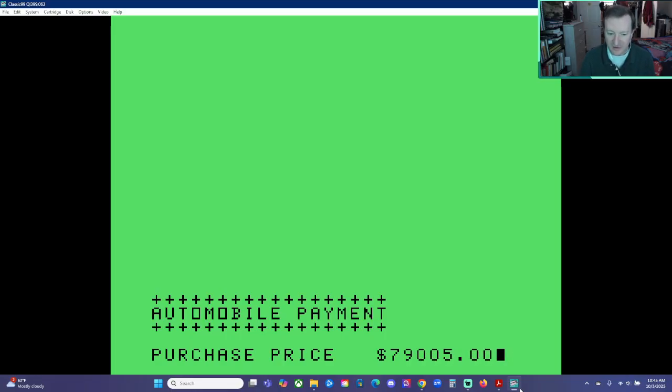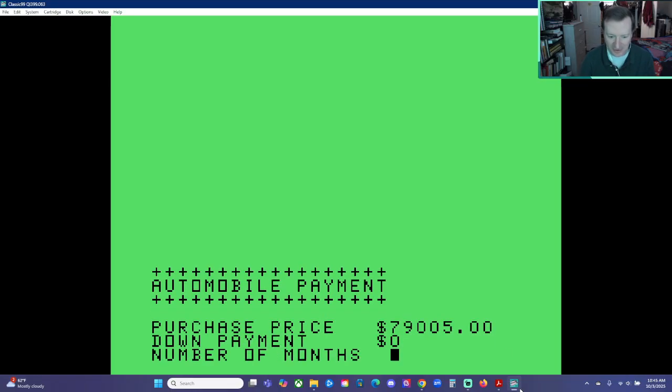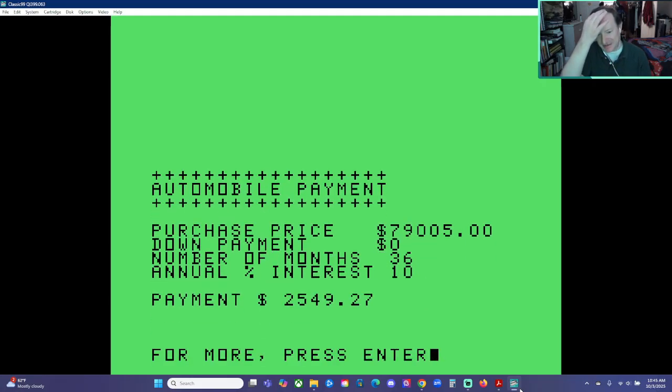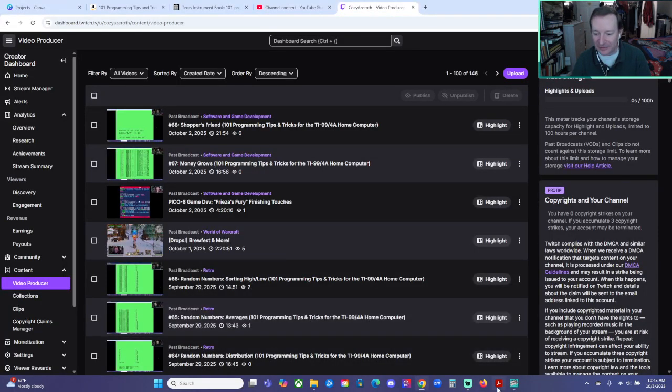79,005. Down payment 0. Number of months, let's say I really want to get this truck paid off, and 10% interest. $2,549.27 for a truck. Anyways, that's mind-bogglingly ridiculous. I'll stick to my Prius, thank you very much, and never sell it or get a new one. Better drive it till the wheels fall off. Okay, well, that was car payments